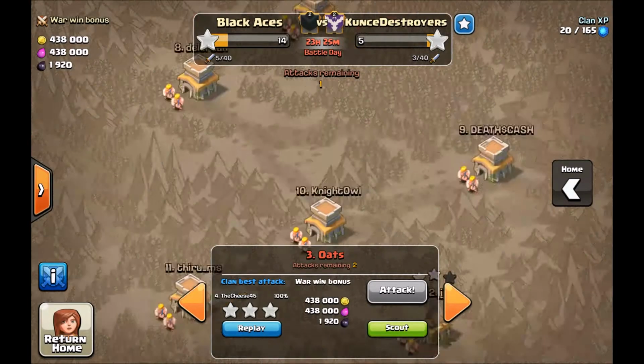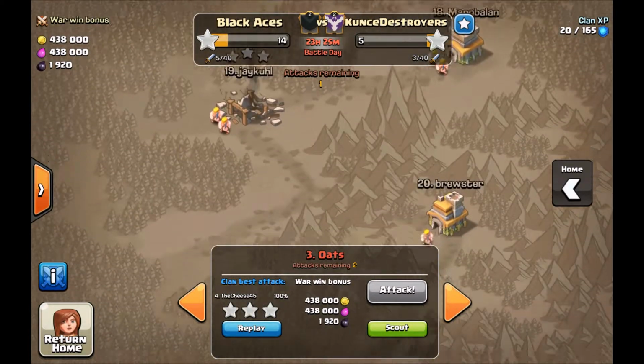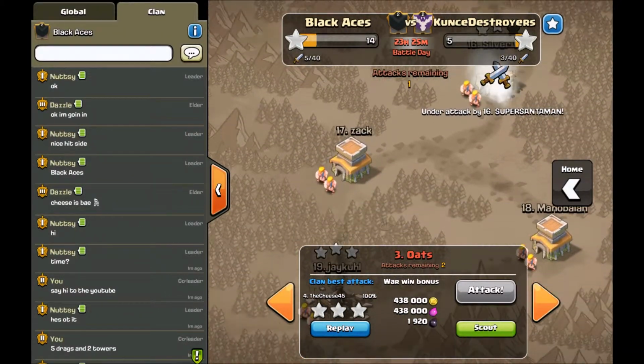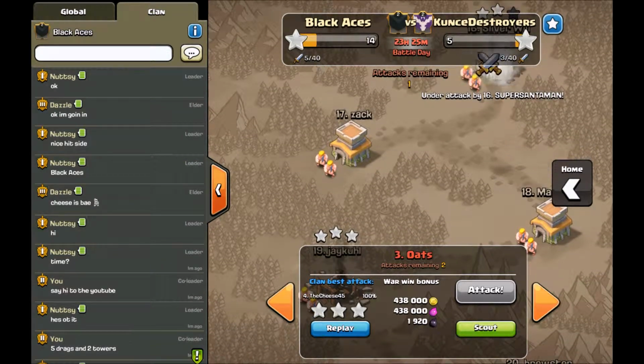Let's see what Dazzle's up to. Let's razzle dazzle. Nope. Where are you going, Daz? He must be puttering around on the base there. But yeah,